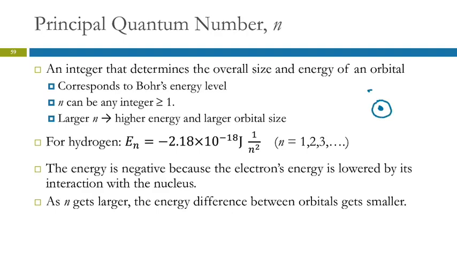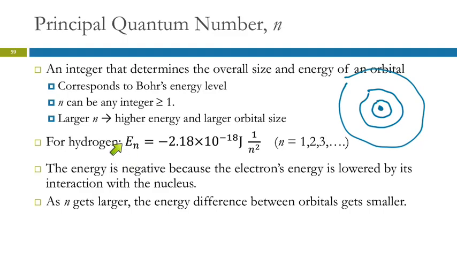So in Bohr's model, we would see that as we go out, this would be n equals 1, n equals 2, n equals 3. The orbits get larger and the energy gets higher, right? And that's the same with the orbitals. Orbitals are not orbits, but they are kind of like that. We can do